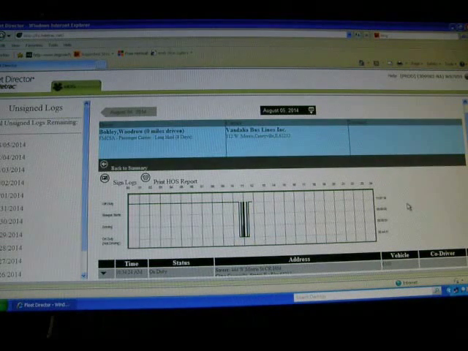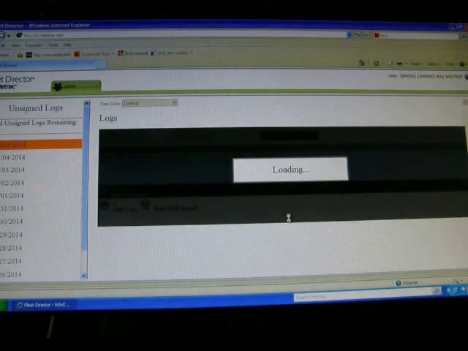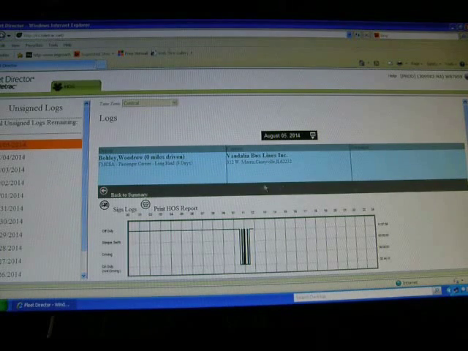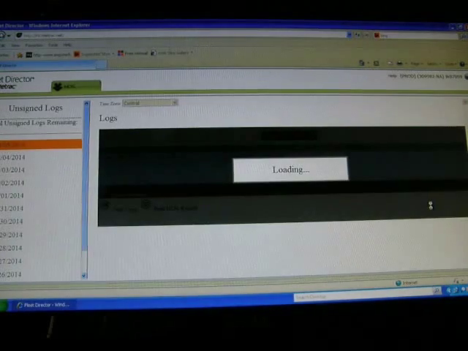There is a list of unsigned logs on the left side of the screen. If you click on each and every one of these, it will load the screen for you to review and sign. To sign the log, simply notice the tab down here, click Sign Logs,